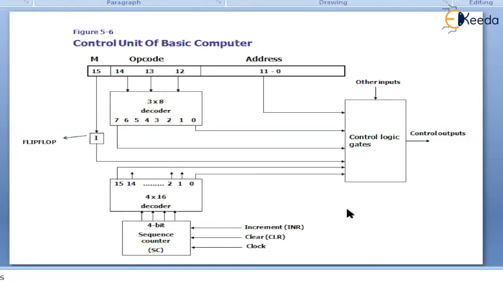010 load, 011 store. So for every operation, the control unit has a routine inside. When that specific routine gets executed, the computer system is going to perform that operation in the ALU. For example, D0, meaning the AND operation, needs to be performed in the ALU. The control unit is going to take all the necessary steps to perform the AND operation when D0 is enabled in the ALU. Okay, that is it. At the same time, I said the control unit is also going to receive the clock pulses.